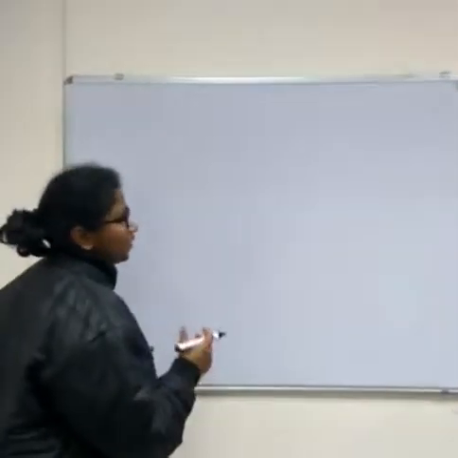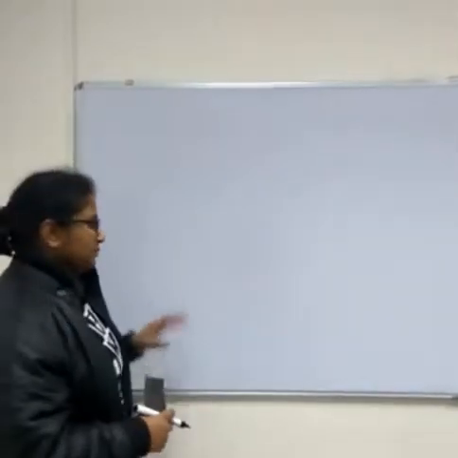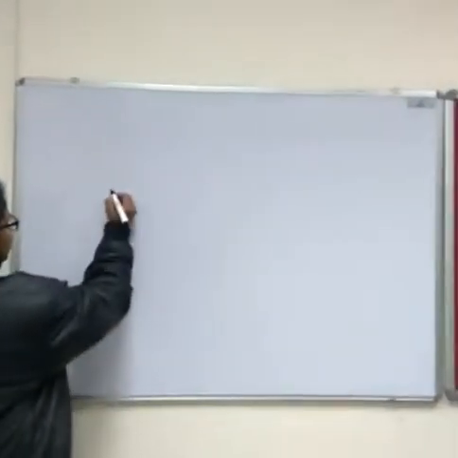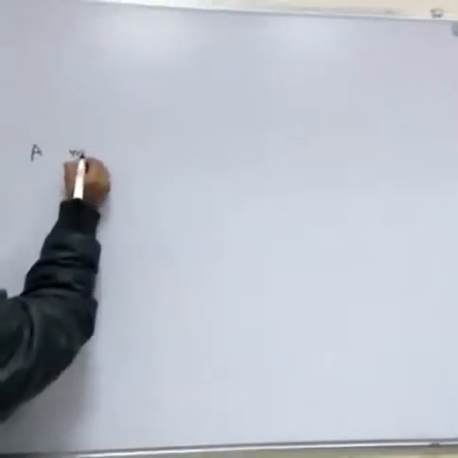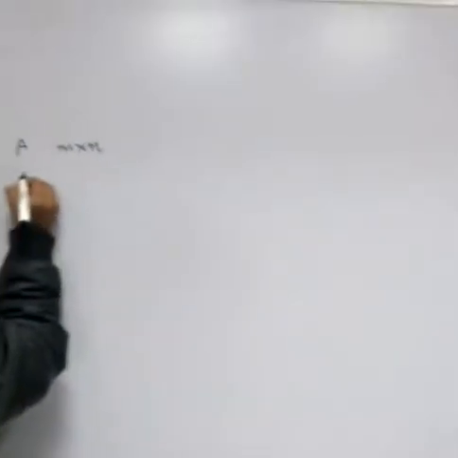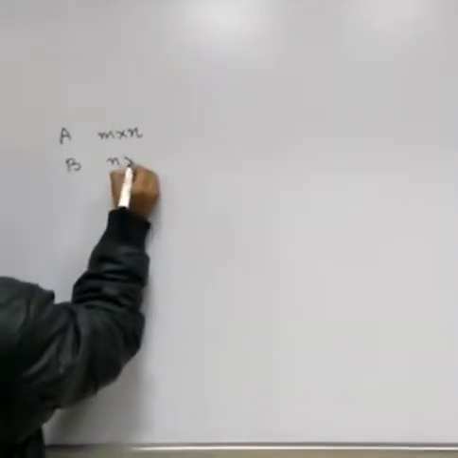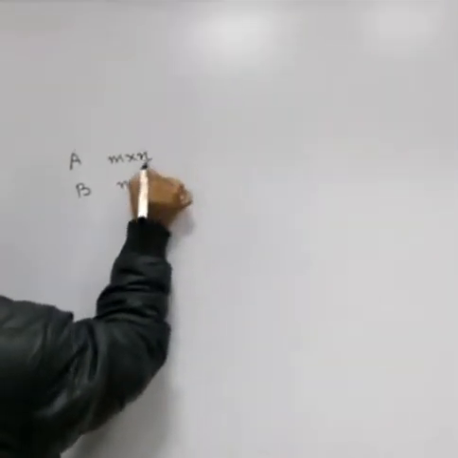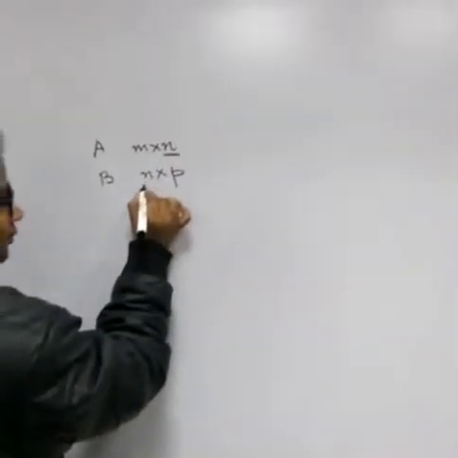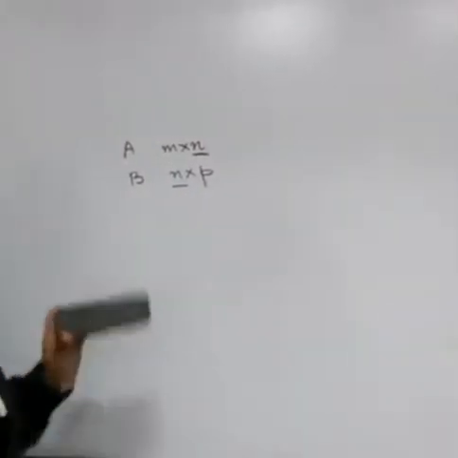This is a tutorial for matrix multiplication, and before doing matrix multiplication there are some ground rules. A matrix A of the order m cross n can only be multiplied to a matrix B when its order is something of the sort n cross p. If the number of columns of A is not equal to the number of rows of B, then